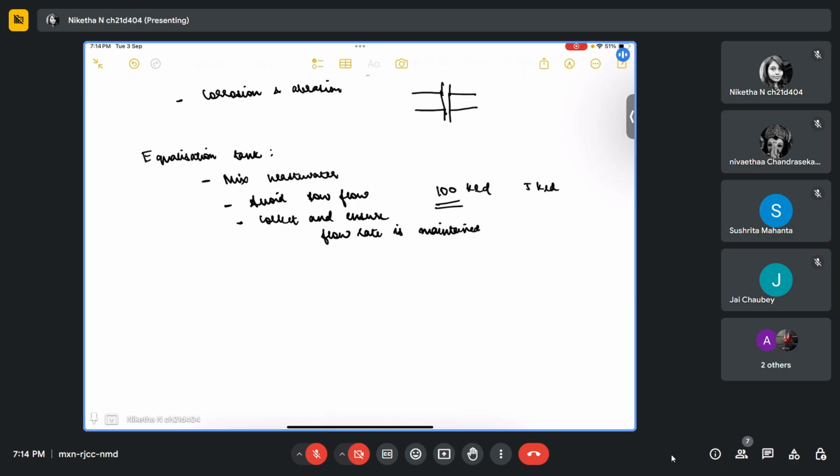Sometimes when there is no flow, or less flow, the equalization tank will collect the wastewater at that time, store it, and then slowly